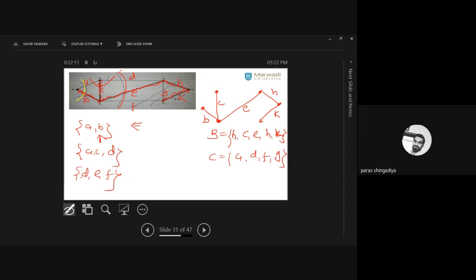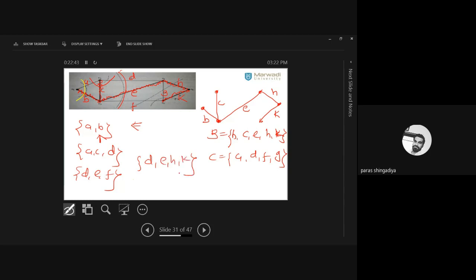And DEF is one set of edges, and when we delete DEF from this graph, it makes the graph into 2 parts. In such a set of edges, E is a branch and D and F are chords. Clear? So there is only one branch, which is E, and D and F are known as chords. So that is also one more example.